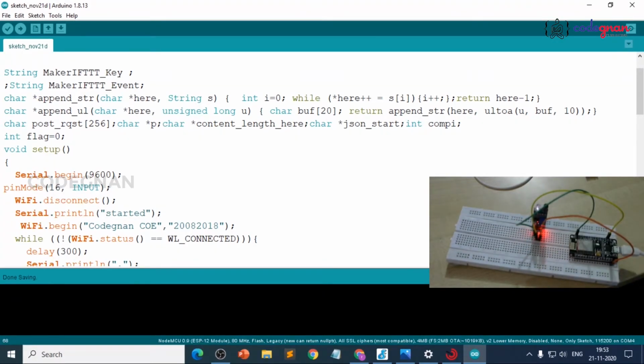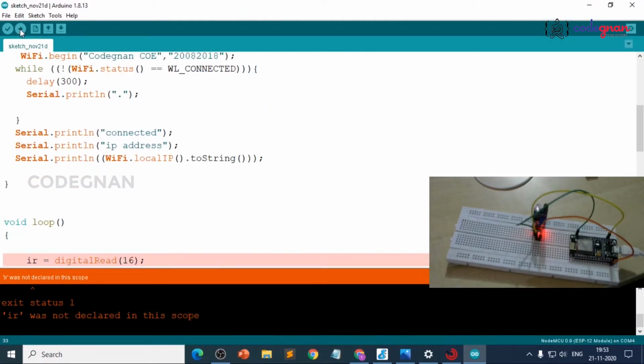Yeah, it's working. Now upload the code. This takes time according to the speed of the compiler here. So IR is not declared in scope here, int.